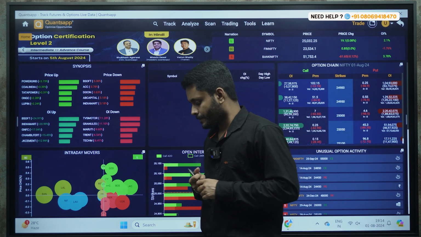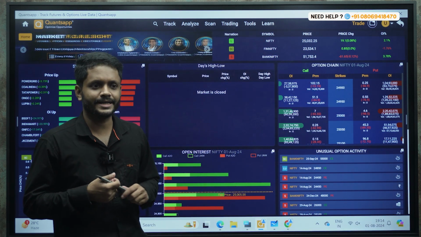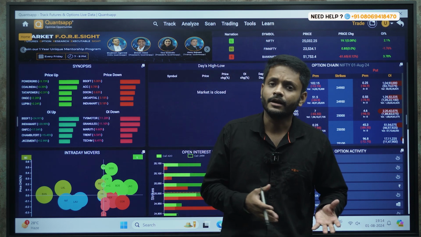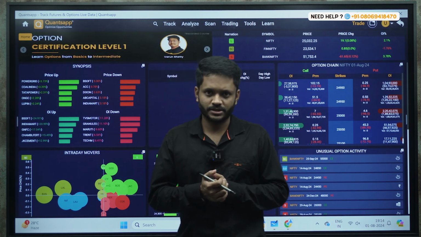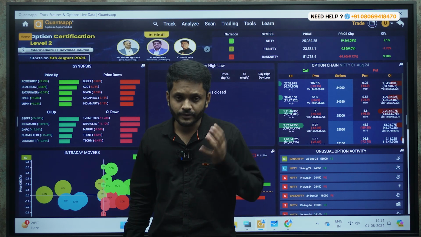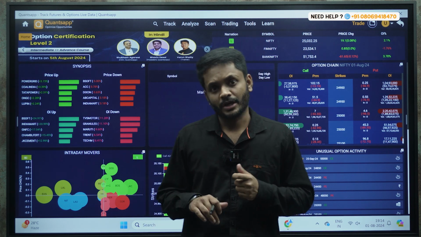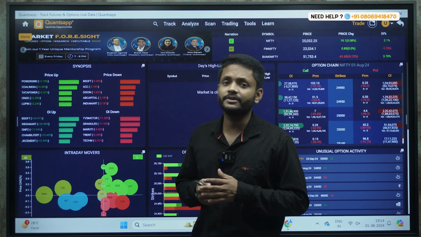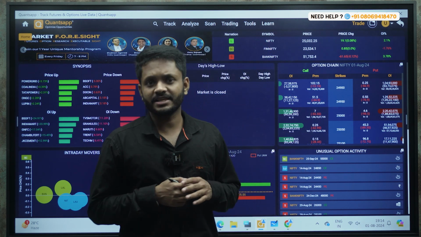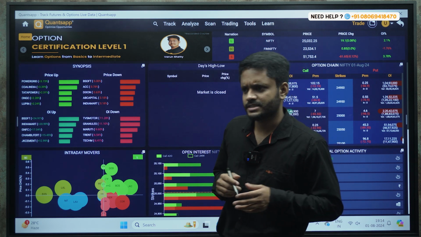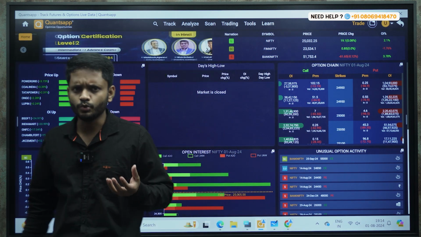But at the same time, it is possible to minimize the loss rather than saying to prevent the loss. Preventing the loss is a wrong term, but you can definitely minimize your losses. What are the strategies that we can deploy in order to minimize the loss? We will check them out, and also we will see one of the tools of Quantsapp